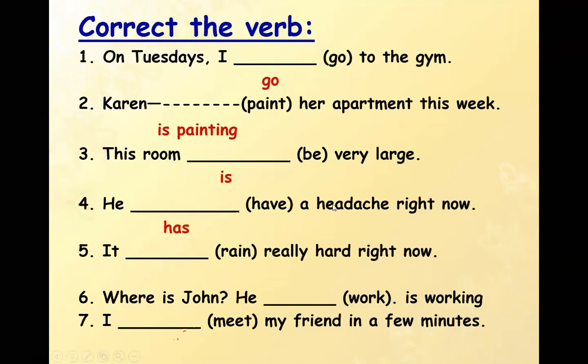Is have. Sorry, it's has. Why? Because I'm expressing or describing his state. It's not action. You describe his state. He has a headache right now. Even we have the word right now, but it's a state. What is the difference between is having and has? Has describes a state. A headache is a state or action? Headache means صداع. No, it's a state. I'm describing him. So I used has. Did you understand why did we use has?